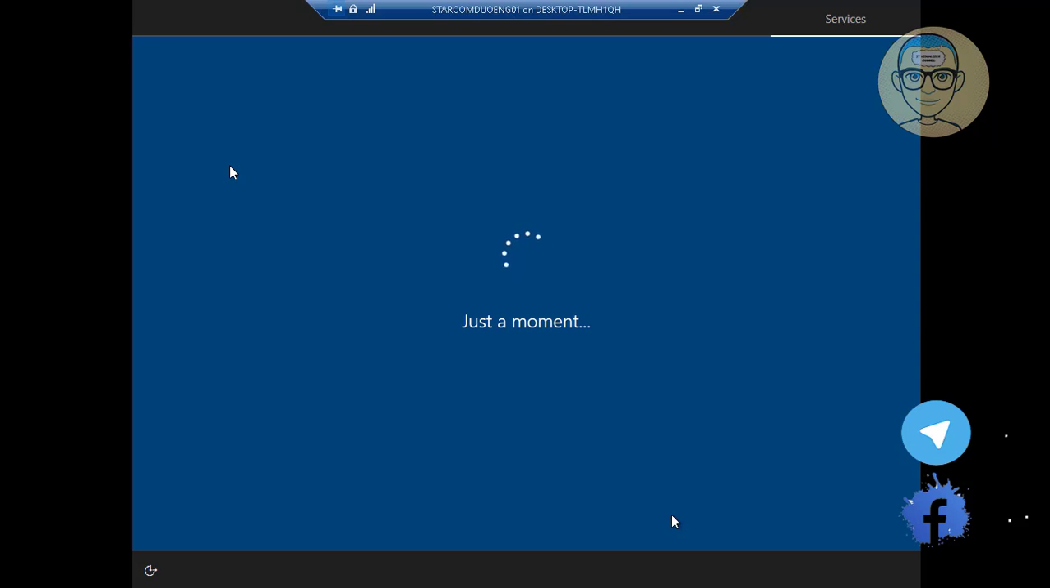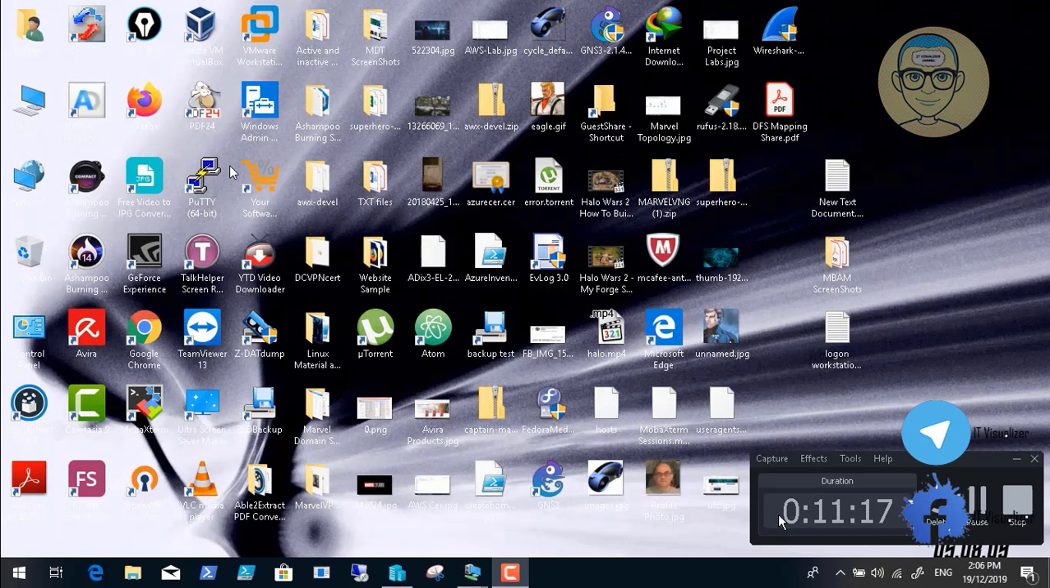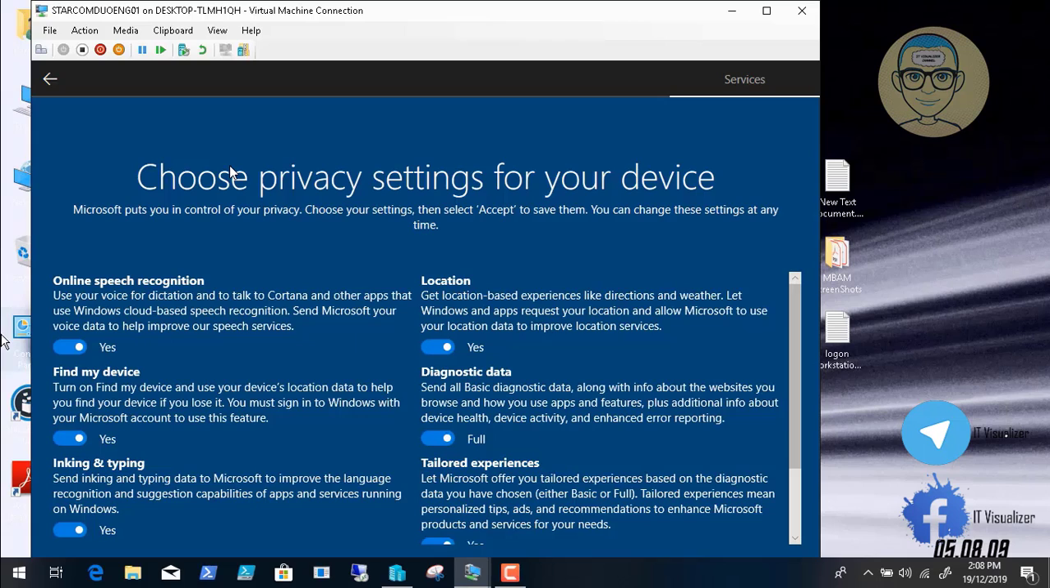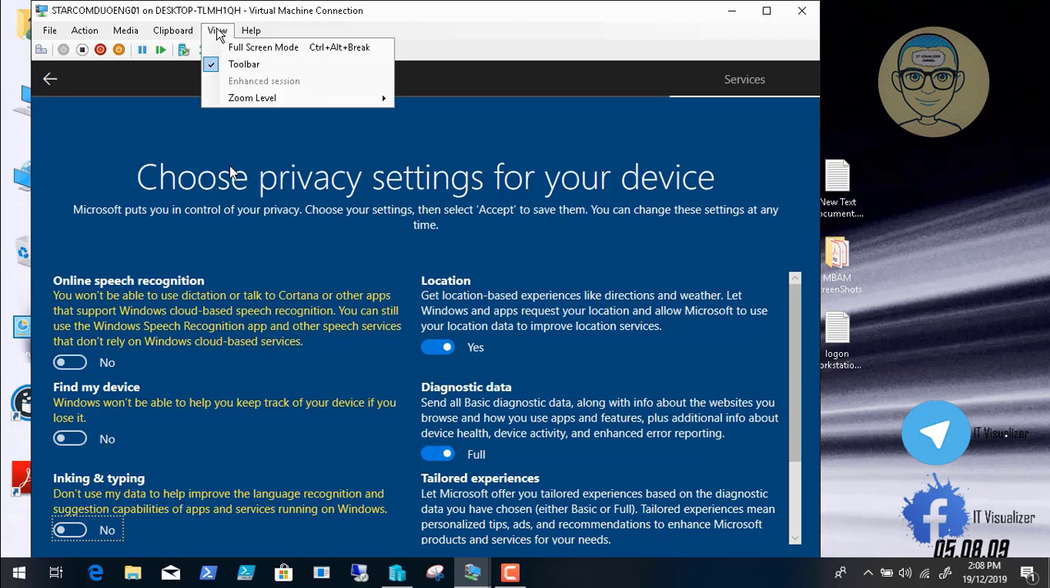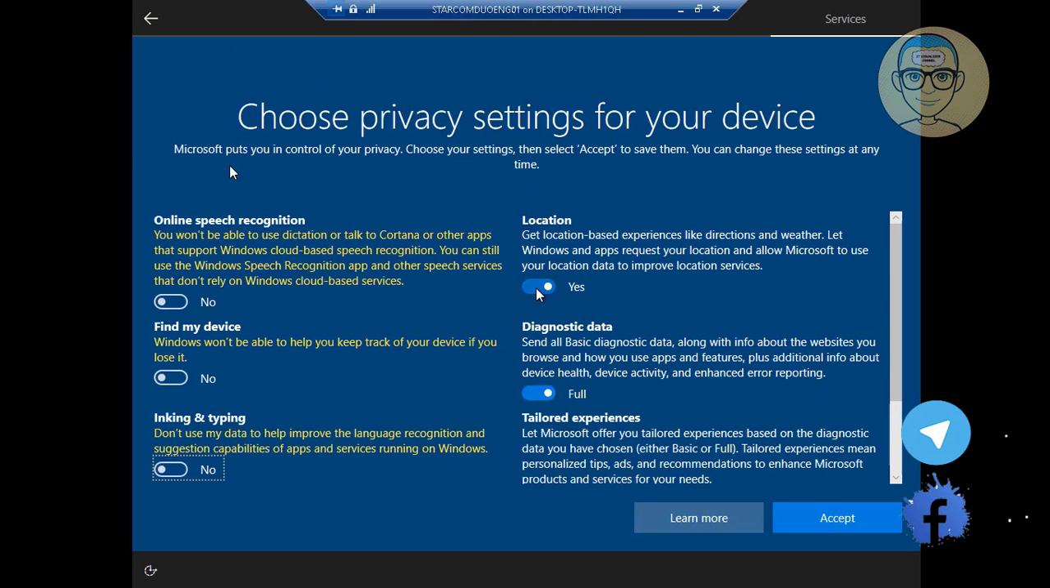Now it will ask me a couple of configuration questions. I need to configure it. So now we need to disable all the online services. We don't need online speech. We can leave linking and typing, but find my device, location,